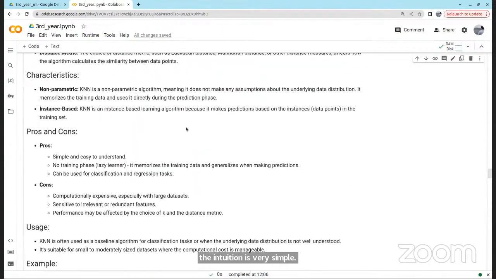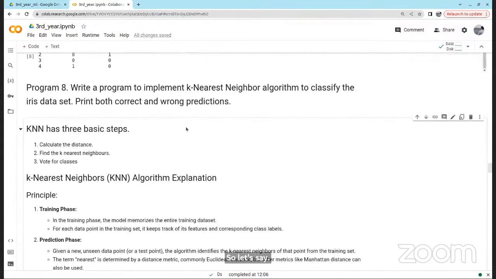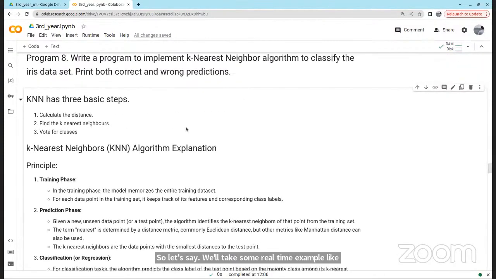Let's take a real example to make it understandable. By the way, all those who are already familiar with KNN, can you say yes? And if you don't know, say no in your chat.